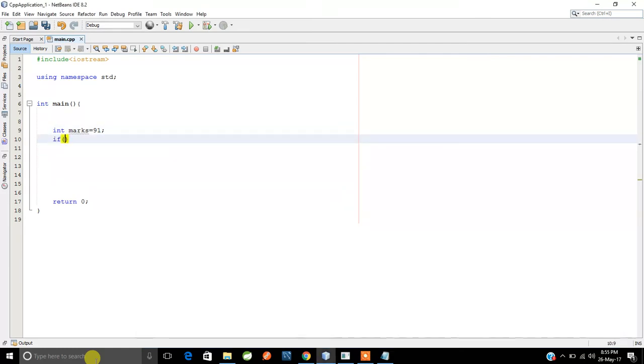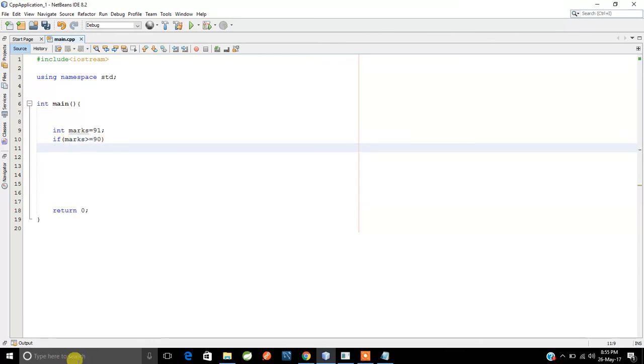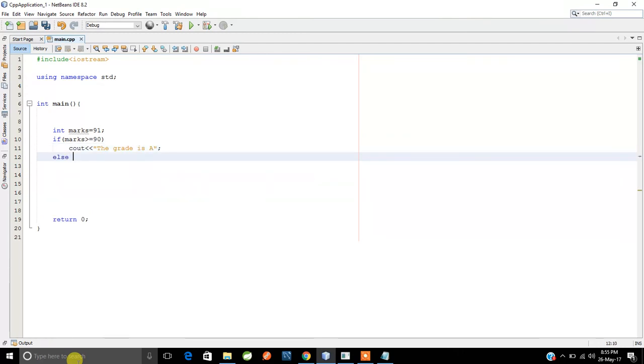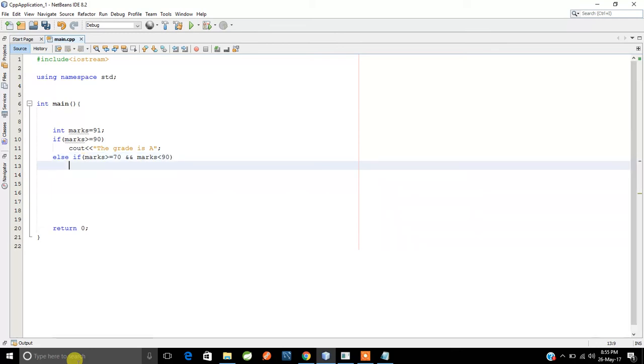So what I'm going to write: if marks is greater than or equal to 90, then I can straight away say, cout the grade is A. I can write like this. If this condition doesn't hold true, then I will write something like this. I can say if marks is greater than or equal to 70 and marks are less than 90, in this case I will say cout